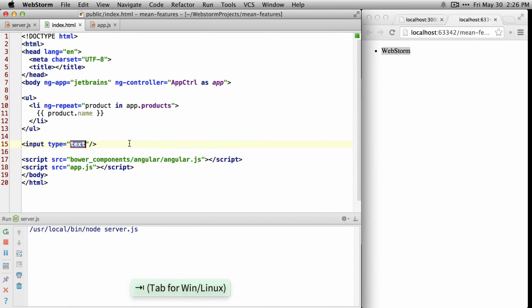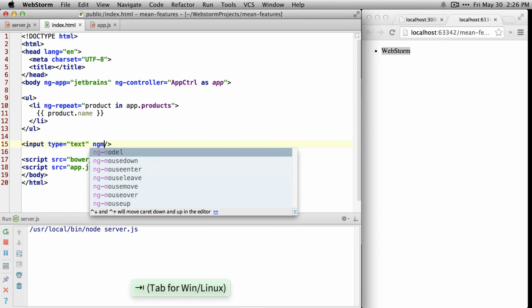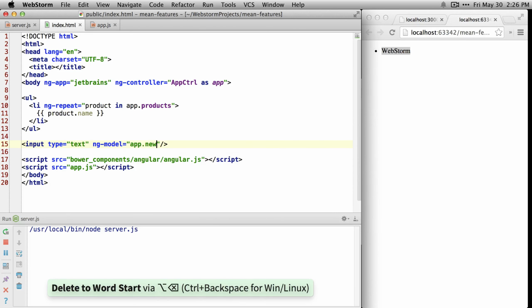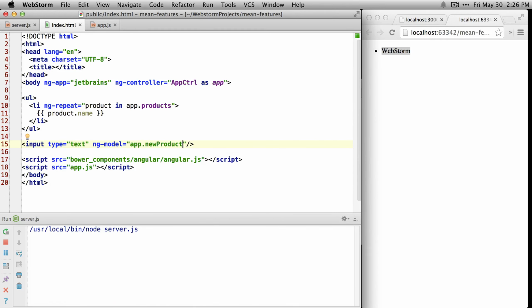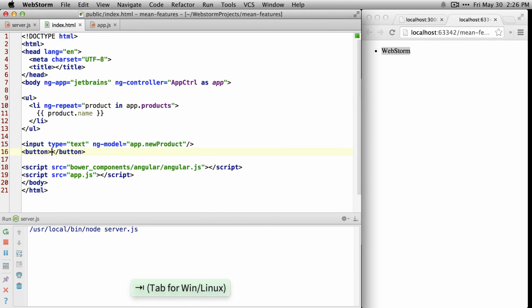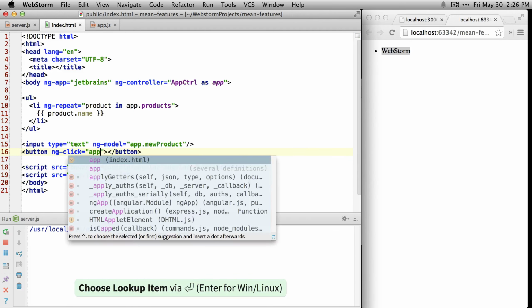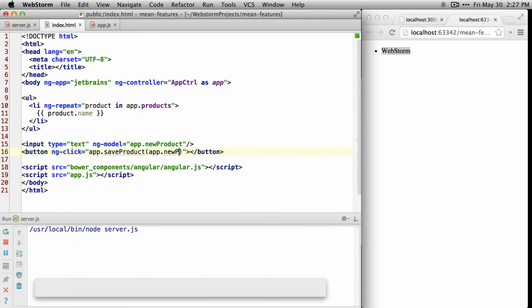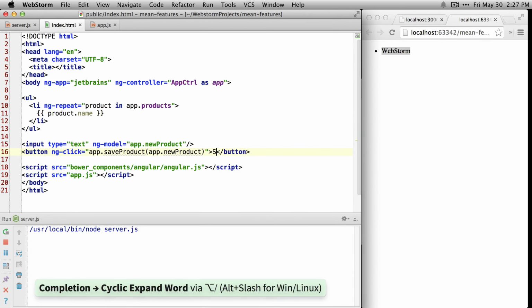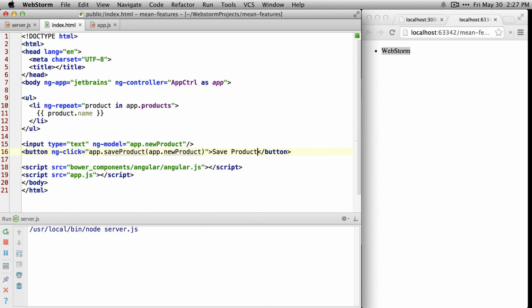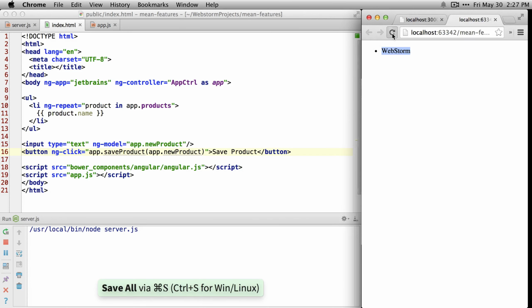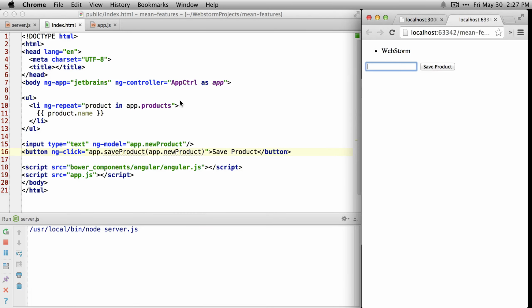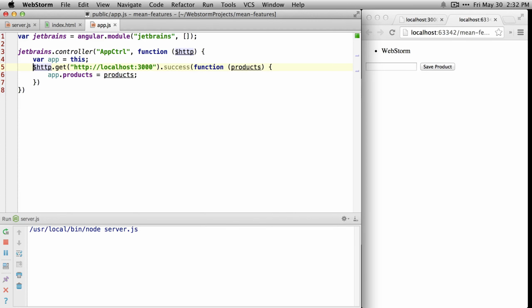create an input with an ng-model of app.newProduct. And then when we click on this button with an ng-click, we'll say app.saveProduct and pass in our app.newProduct. And we'll say Save Product as the button, and we'll refresh, and you can see we have our UI here. So let's go ahead and wire up our